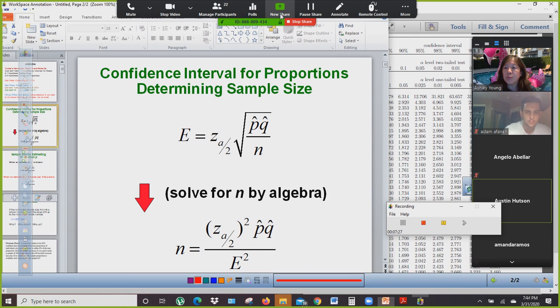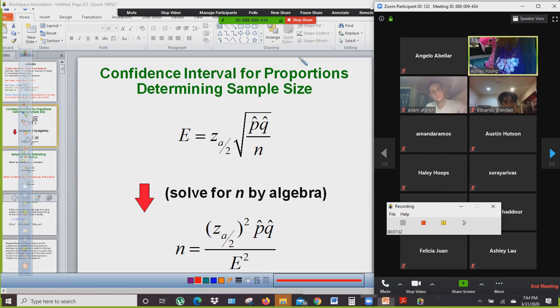So again, just a quick review. We did this actually together last time I saw you guys. We talked about finding the error, right? Because if you remember,